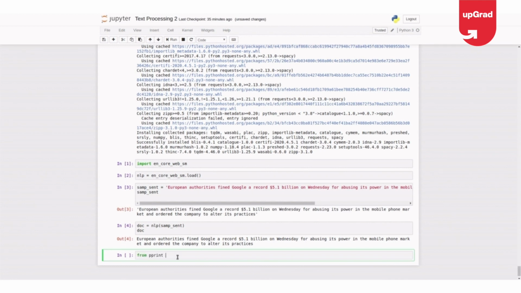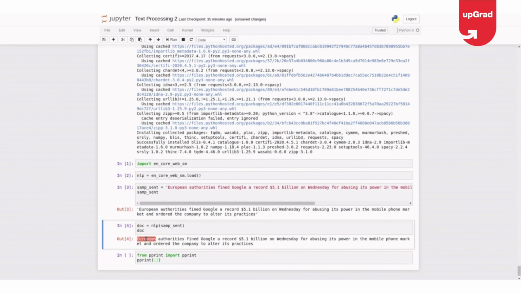From pprint import pprint, and then I want to pprint. I just want to get the word and its NER.